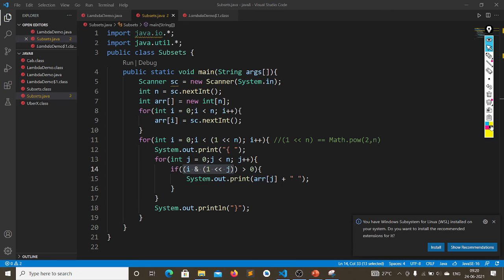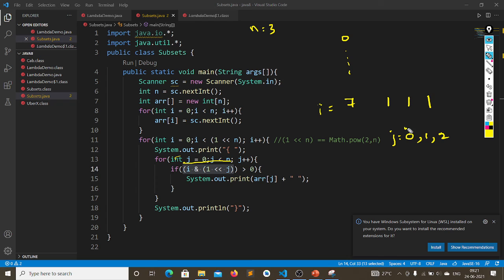So what we are doing is, suppose we are representing 0 to 7. Suppose take 7 only. Now my i comes to 7, and 7 will be represented as 111. What happens here is, my j value will go from 0 to n. 0 to n means my j value will be 0, 1, 2. As given, my n value is 3, so my j value will run up to 0, 1, 2.